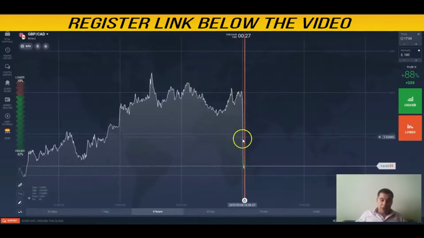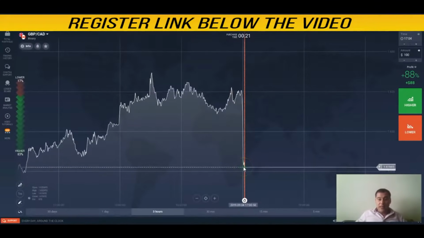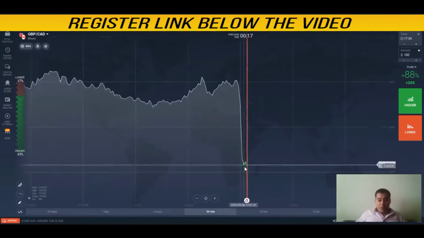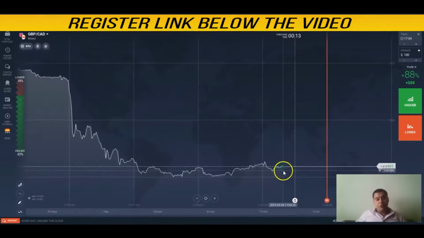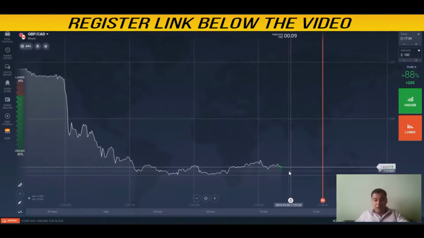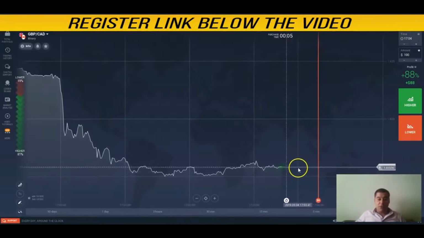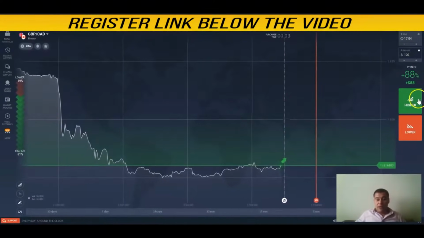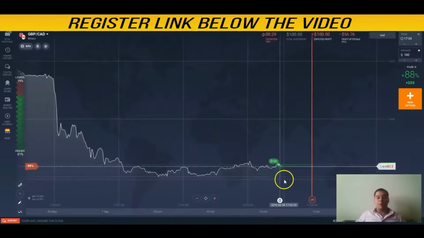There was a serious movement. As you see, there was a serious movement down, and that means that the price will go up for sure. But as we can see right now, there is a side move. You can just wait for the next bet, or you can take a risk and make your bet right away. I'll take a risk, and I think that the market will go up because